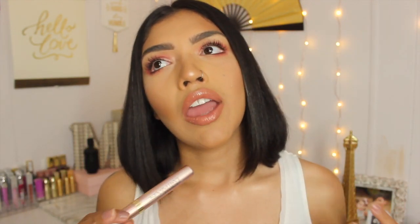Like I want more volume, if I want more length. It doesn't weigh them down. It doesn't get clumpy. It doesn't, you know, have any nasty fallout at the end of the night. It just is an awesome mascara. It's a little bit more on the pricier side because it is L'Oreal, but I think it's worth every penny